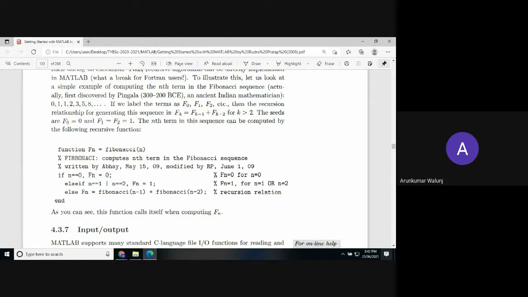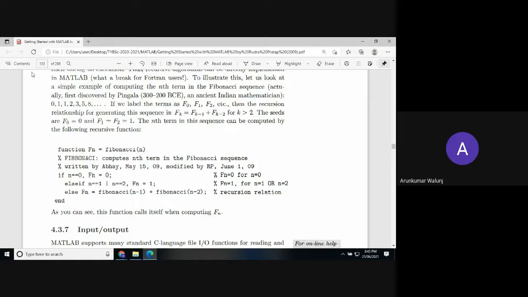The Fibonacci series basically starts from 0 and 1, and 0 plus 1, whatever the result, is the succeeding number. The two preceding numbers, 0 plus 1, give us the third term. Then we replace the first and second terms by the second and third terms, and then we generate the fourth, fifth, sixth, seventh, whatever terms you want to generate in the series. Say for instance you want to generate 10 terms. Then we have to label the terms.